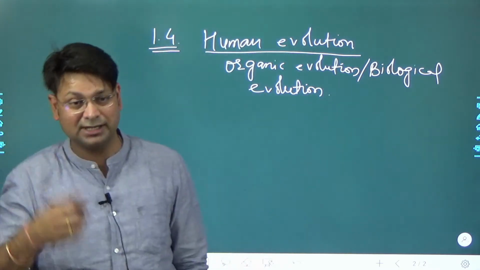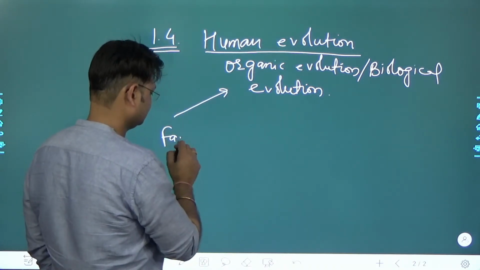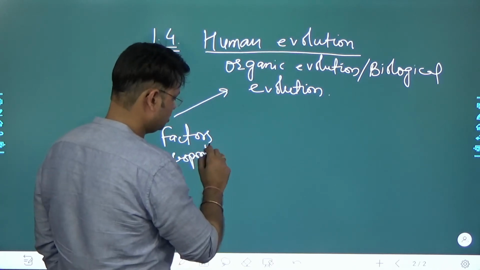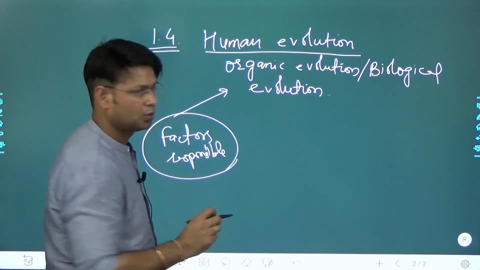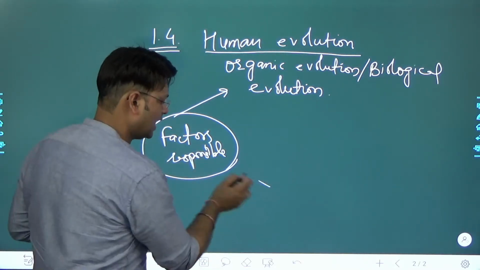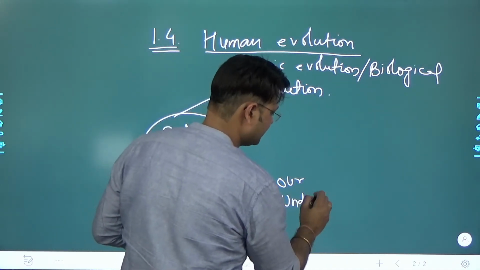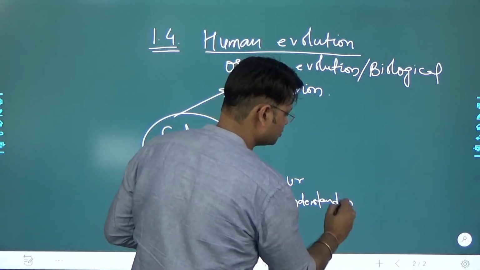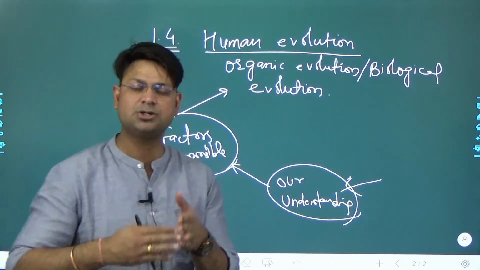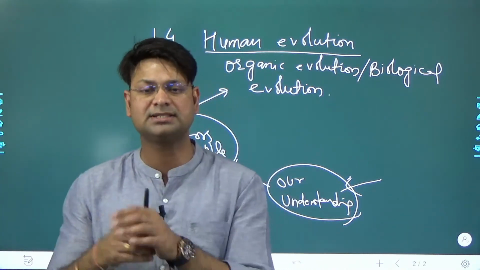So here not only will we understand the factors responsible for this, but we will also understand how our understanding about these factors has improved, through the contribution of some scholars, right? Who are these scholars? These scholars tried to give some theories to understand organic